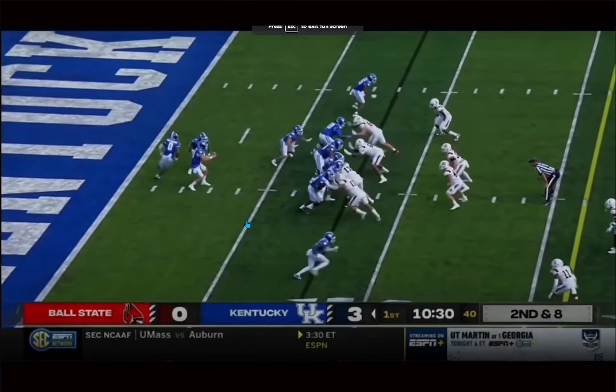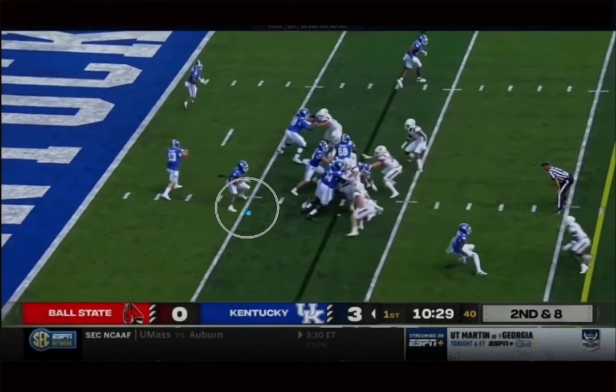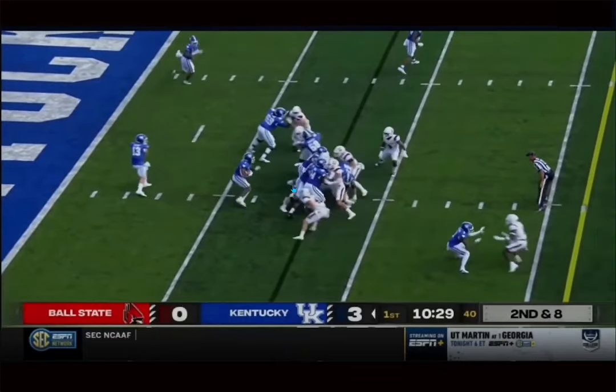And the vision definitely stands out right away. You can see he stays square. He's got active feet. He runs with good pad level. I think he's got some good flexibility down there, some good fluidity. Sees this open up, presses into this, and is able to allow these blocks to develop, and then boom, works